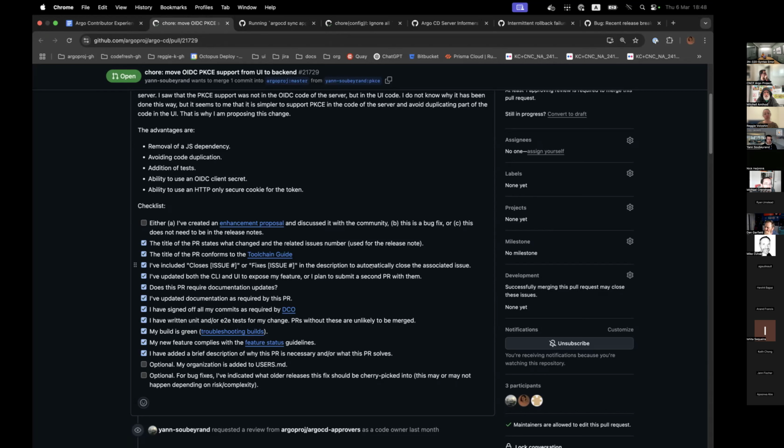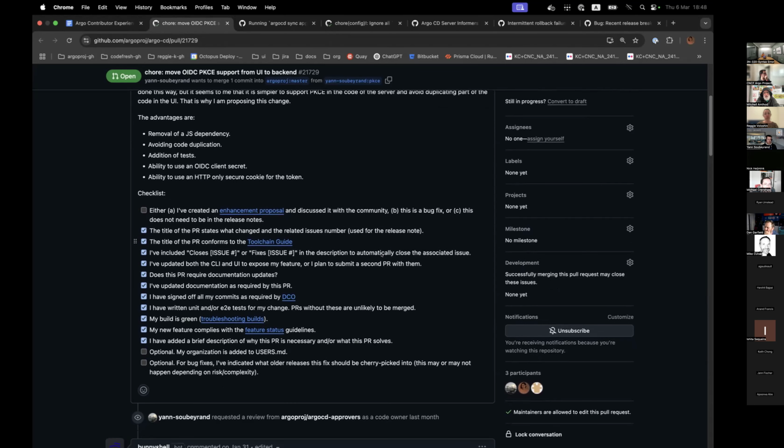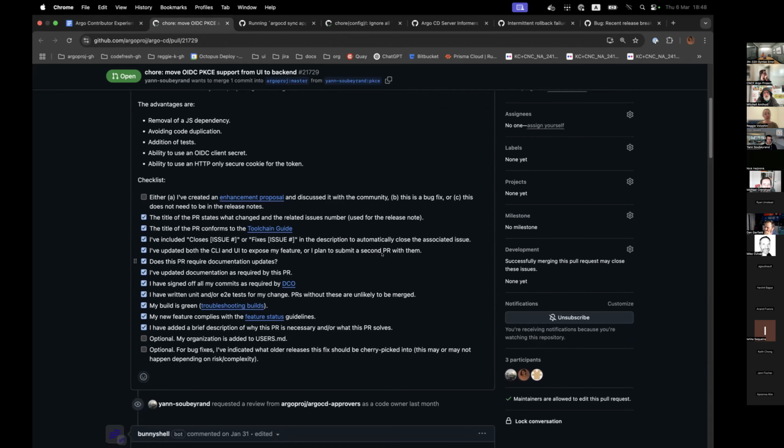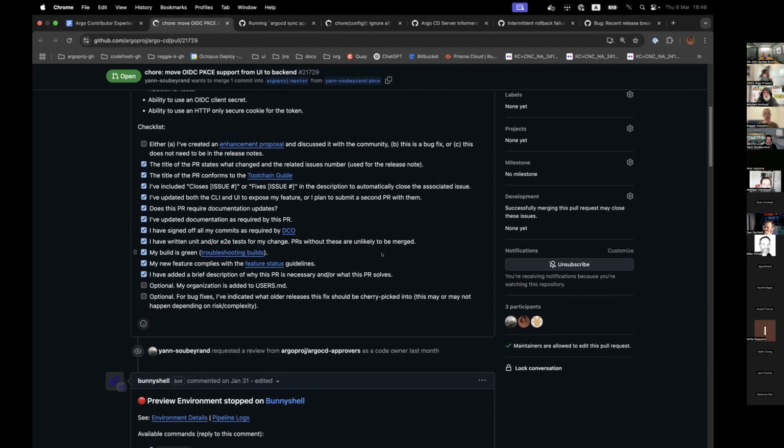That's why I opened this PR. Does anyone have comments on that, or knows the history of why this was split between backend and frontend?